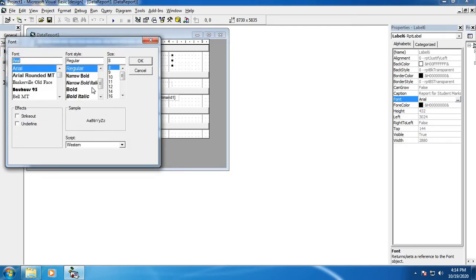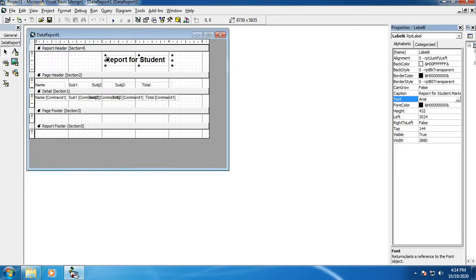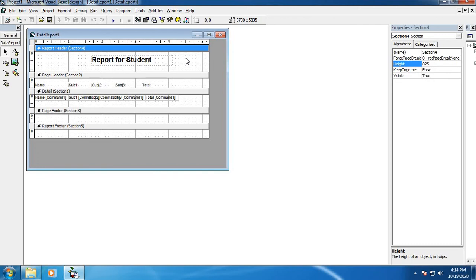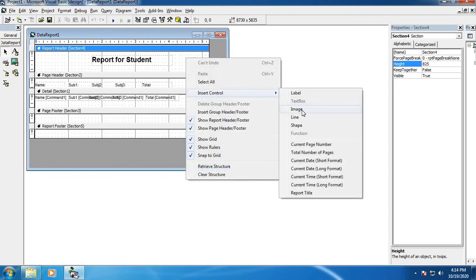Then go to font. So that's it. If you want to insert any logo for your report, go to control, select the image.